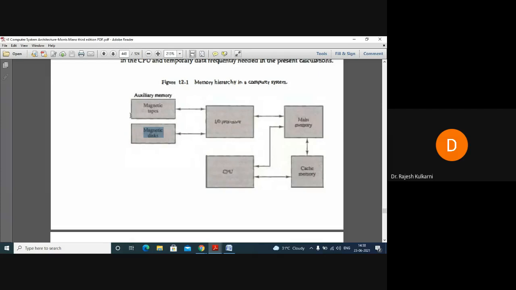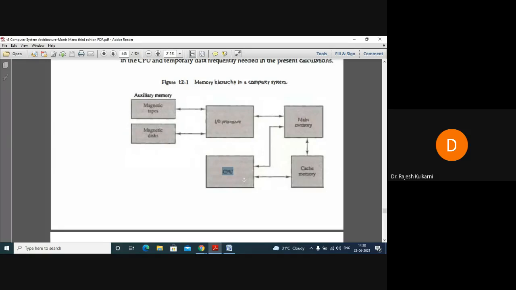So it means to facilitate program execution, we have to make use of multiple memories in the form of hard disk and RAM and cache and registers. So all these together, CPU does not have a difference. For CPU, this is one and the same. For CPU, that is only memory. So CPU perceives this as a single memory unit.